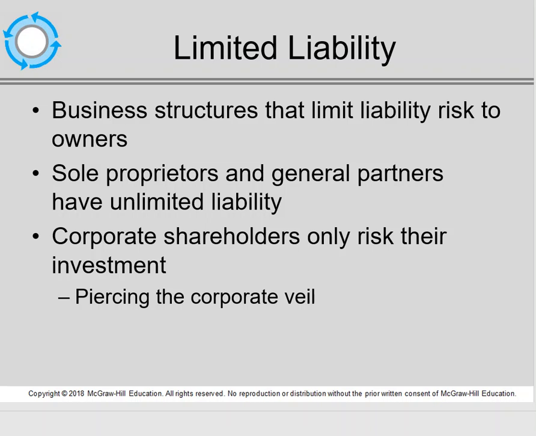The first one is limited liability, and it's probably one of the most important things to consider when choosing which form of business to organize. As already mentioned, both sole proprietors as well as general partners in a general partnership and general partners in a limited partnership have unlimited personal liability, which means if the business goes down after exhausting all the business's assets, you can go after the assets of the individual owner.